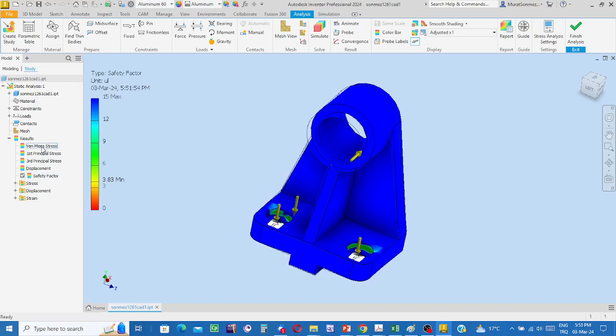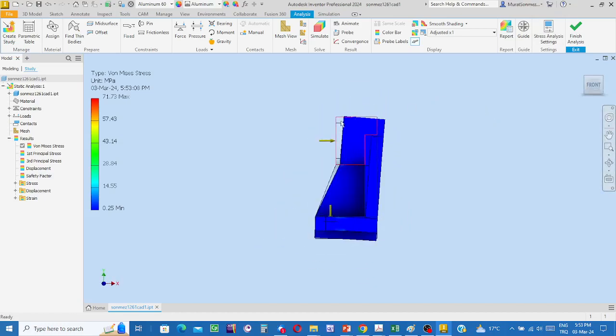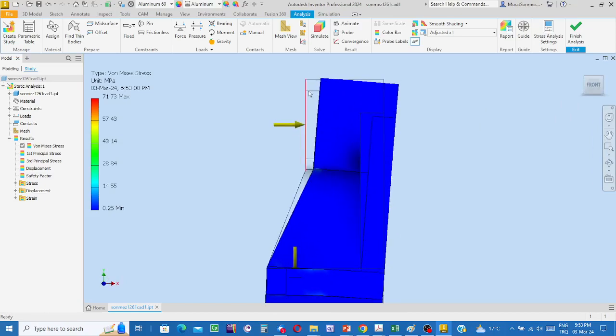Okay, turn back to the von Mises distribution part, right click, activate, and then okay. Here you can see the deformations. Inventor, using thin lines, allows us to see the geometry of the body before loading, and the solid part represents the deformed form of the object, but do not say it is too much. To be able to make the deformations visible to the naked eye, Inventor selects a certain zoom factor. Here, to be able to see the results not in amplified order but in actual order, select, for instance,